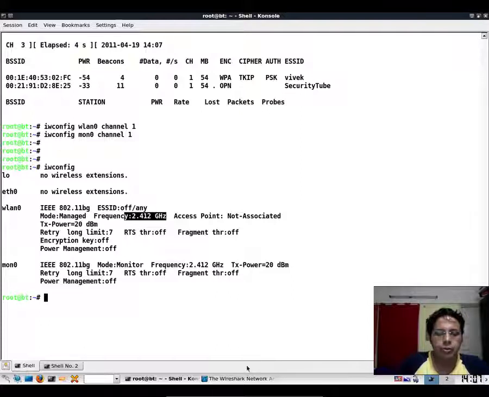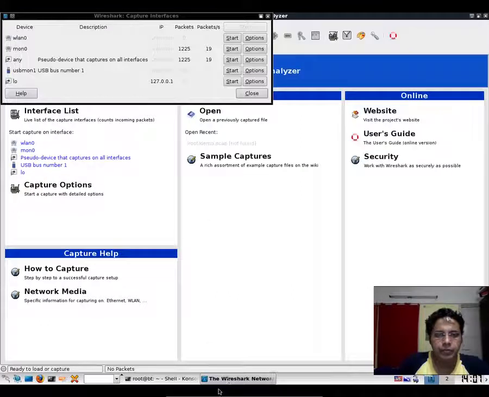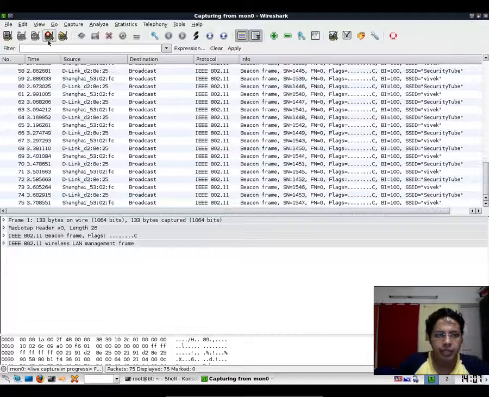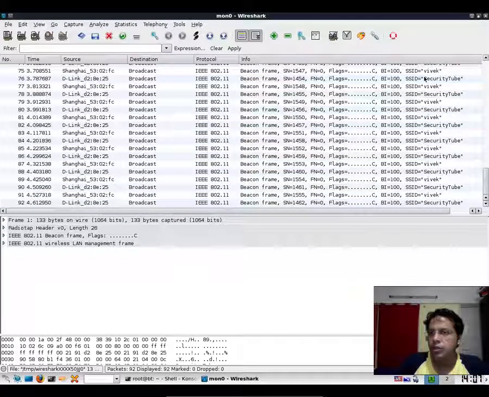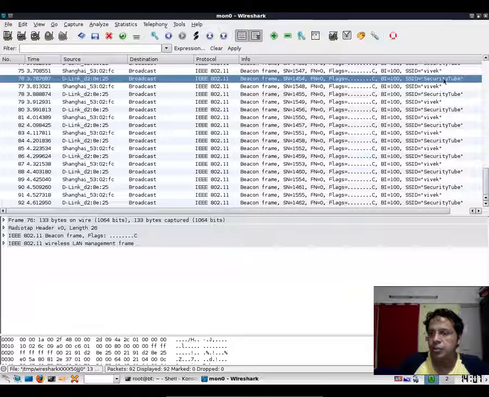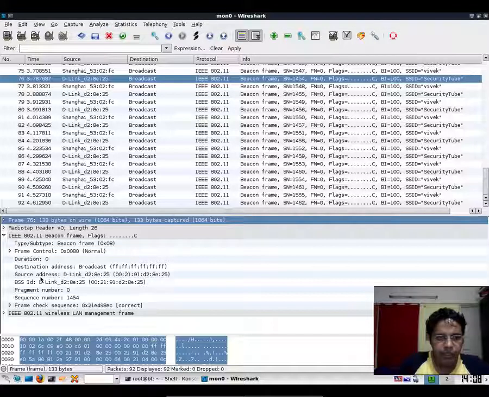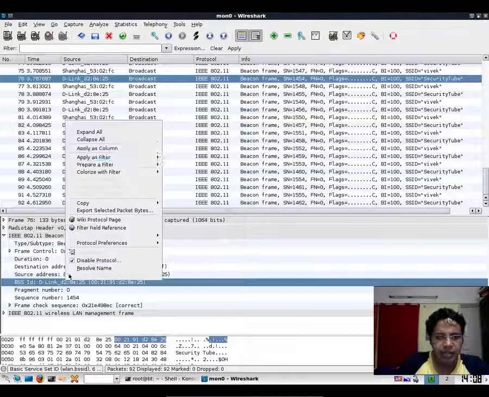Now let's go back to Wireshark and start sniffing on the monitor mode interface. You see a huge amount of traffic, so let's stop for a second. What we are really interested in is packets to and from the network security tube, which is what we've created. So let's ensure that at least one of the addresses is the access point address.